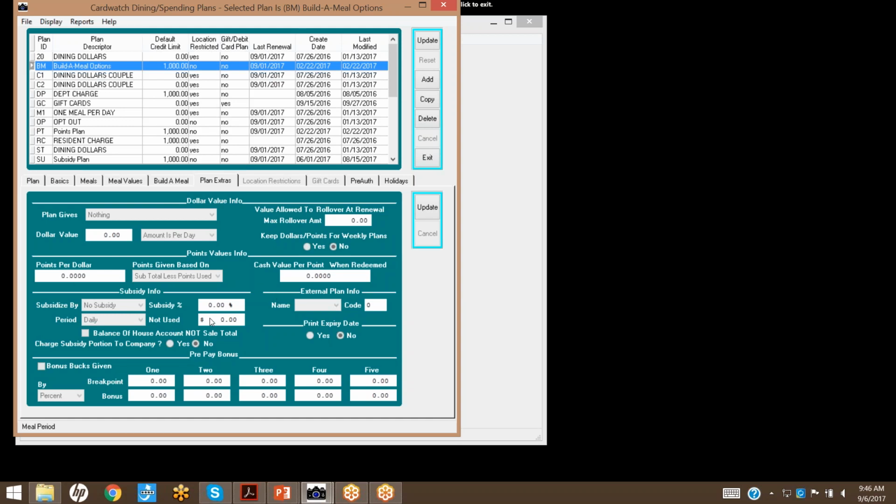Part of this as well is what we call a subsidy plan. So let's say for your food service employees, it is not uncommon for them to get a certain amount of free food when they're working. Assuming that you do want to track everything so that you can measure everything, you can use a subsidy plan for food service staff that says, I will give you $5 a day in free food. Okay. So we build a special meal plan specifically for food service employees, link them to it,